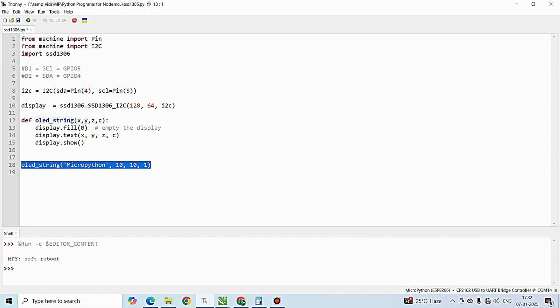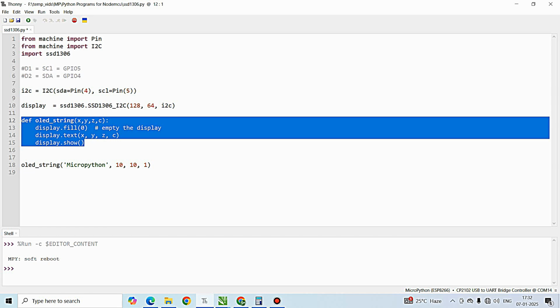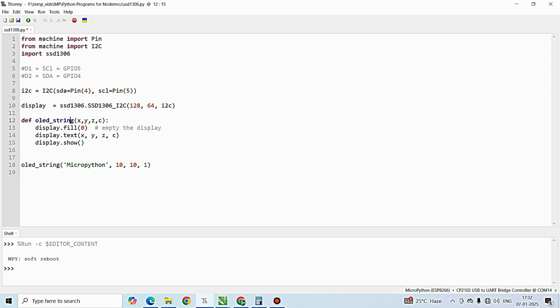So this is a very simple program. You can clearly see we have developed a function right over here, oled_string, which is helpful for printing the text that we want to be printed on the OLED display. And in addition to this particular program, we are just going to upgrade it and use it for drawing lines onto that OLED display. And also I am just going to show you how you can access individual pixels of the OLED display with the help of Python scripts. So I'm just going to delete this,